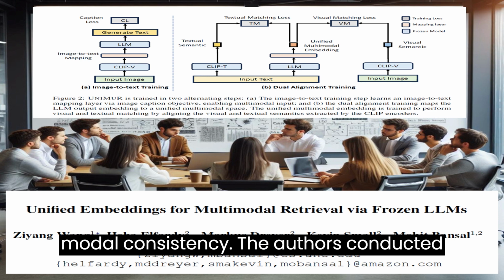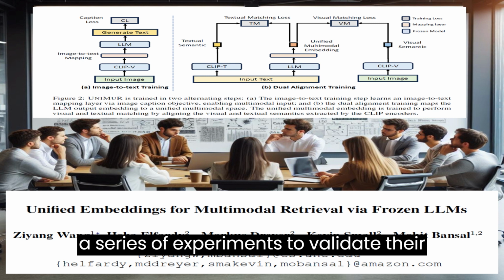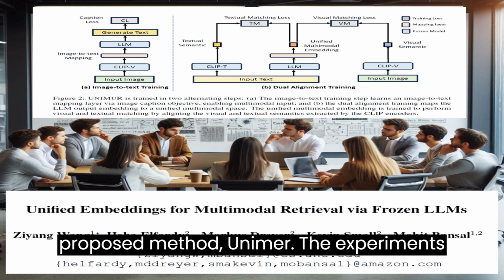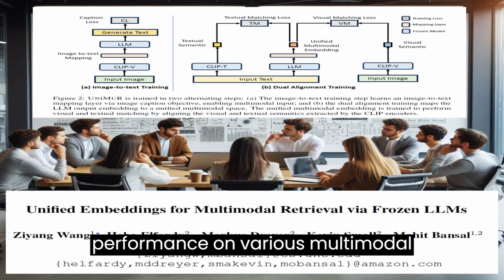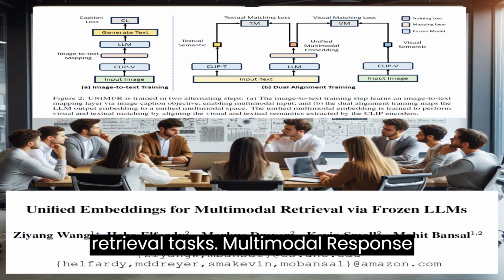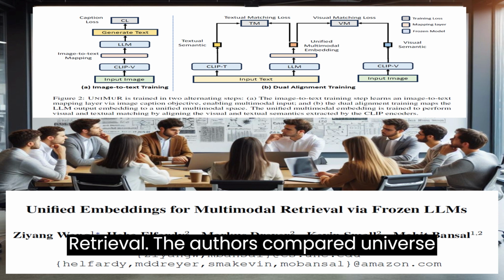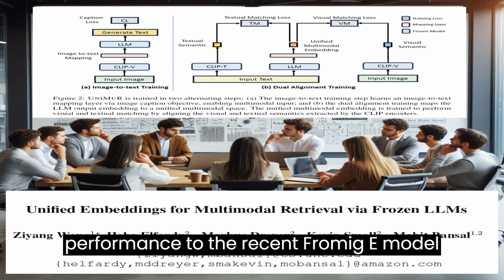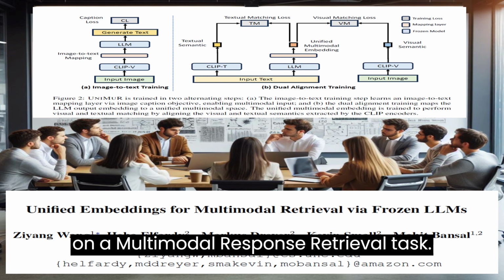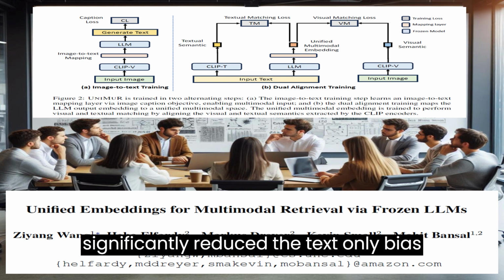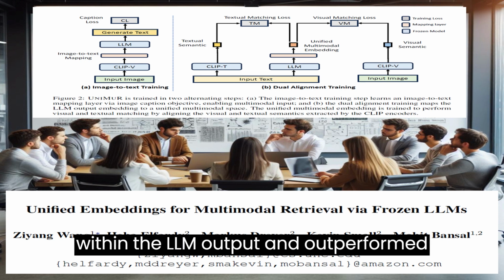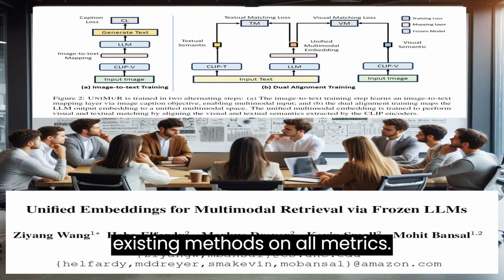The authors conducted a series of experiments to validate their proposed method, UNIMR. The experiments were designed to evaluate UNIMR's performance on various multimodal retrieval tasks. Multimodal response retrieval. The authors compared UNIMR's performance to the recent FROMIG-E model on a multimodal response retrieval task. The results showed that UNIMR significantly reduced the text-only bias within the LLM output and outperformed existing methods on all